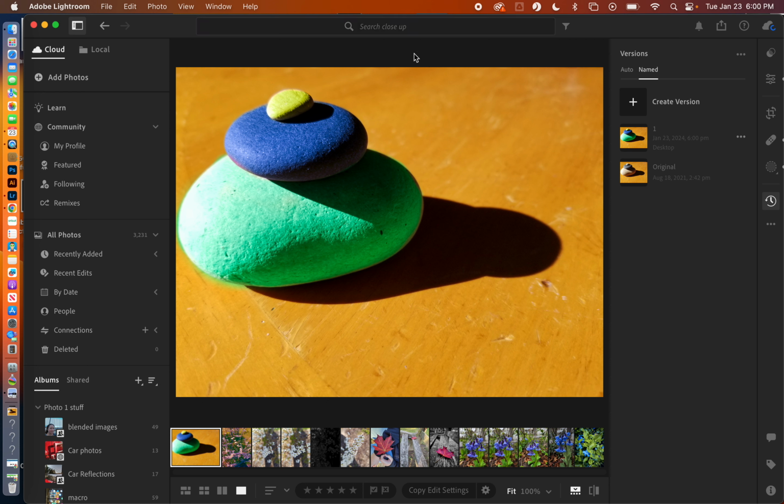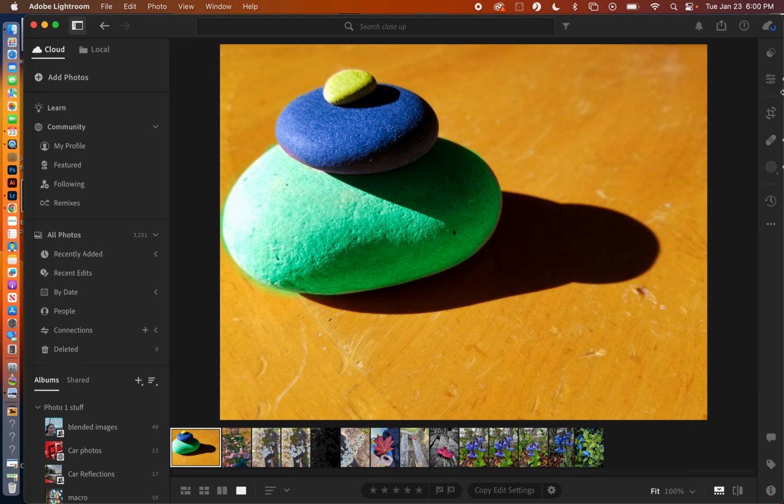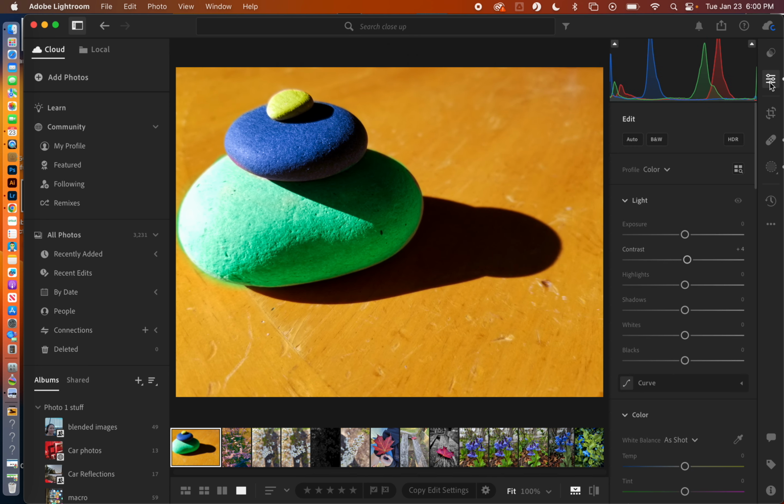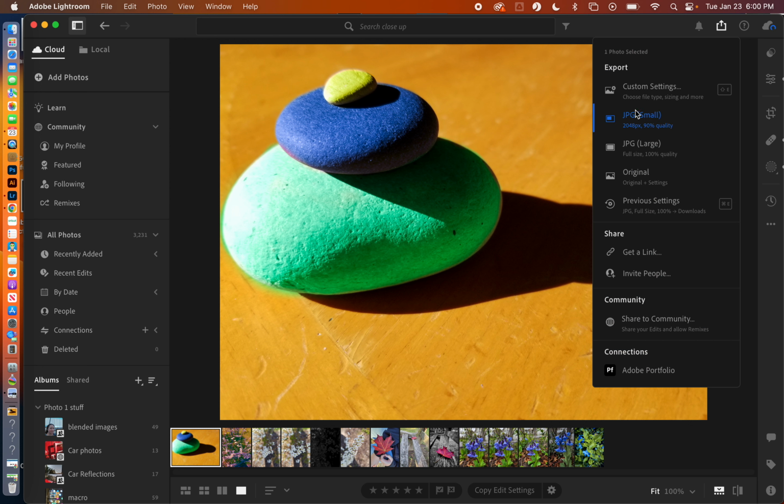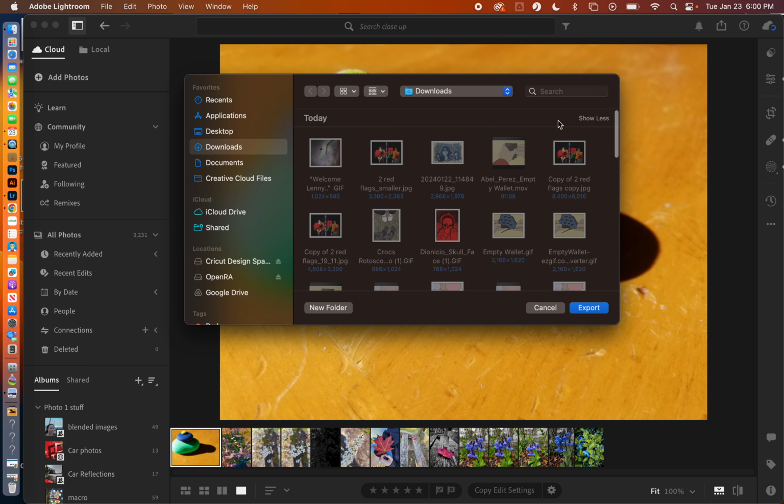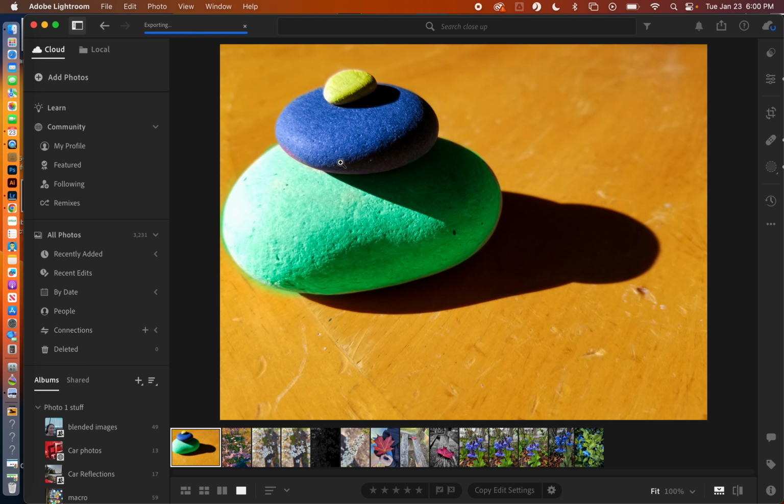If you already know how to do that, you can skip this part. But if you're like, how do you do that? When you're all done with your editing, you have to be out of the editing toolbar. So if this is here, unclick on that, come on up here, and then you're going to say JPEG large when this pops up. And then you can go ahead and download that and hit export. And then